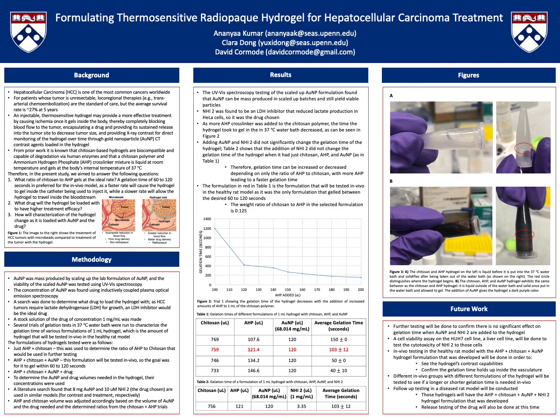To do this, first I mass-produced AuNP in the lab and tested its viability. I also tested its concentration using ICP-OES. Then I did a search to determine which drug would best be used, and ended up deciding that a lactate dehydrogenase inhibitor would be the ideal drug since HCC tumors require that for growth. Then I made a stock solution of the drug of concentration 1 mg per 1 ml